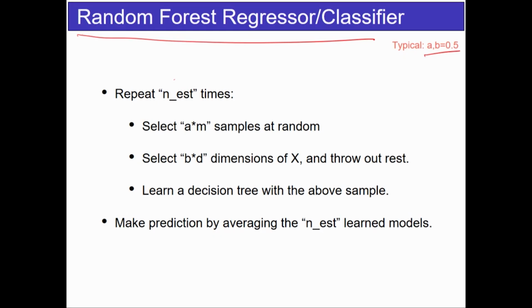So if you have, say, 1,000 samples and 10 features, on average, each of the individual decision tree learners would get 500 samples with 5 features each. Okay, so that's on average. Of course, instead of 500, it can be 550, or instead of 5, it can be 4 or 6, because there is randomness here, it can be more or less. But on average, that's how it's going to be.